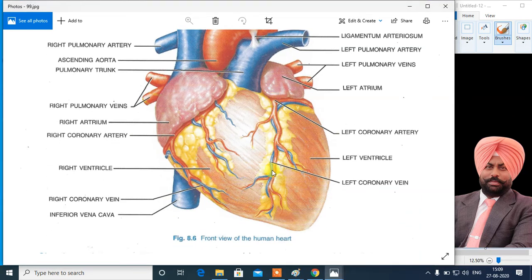Here you can see with the help of the yellow cursor, these are the blood vessels which are transferring the blood to the muscles of the heart. These all are called coronary arteries, and these red colored blood vessels transfer the blood to the muscles of the heart. The purpose of these coronary arteries is to give the supply to the heart muscles.